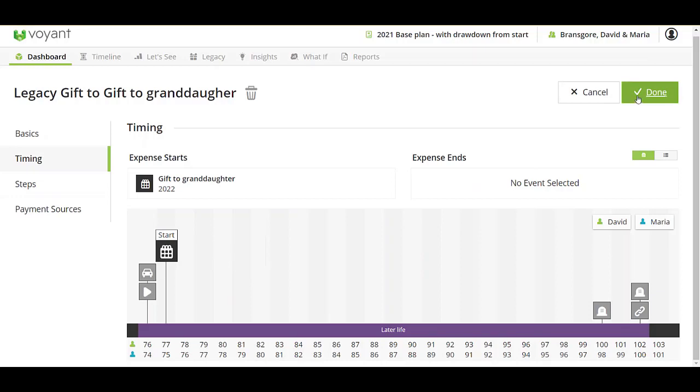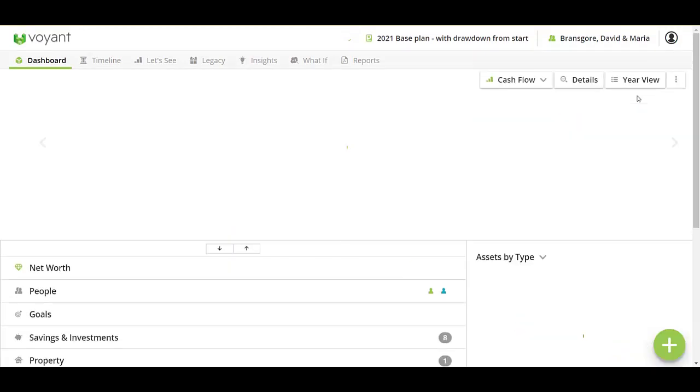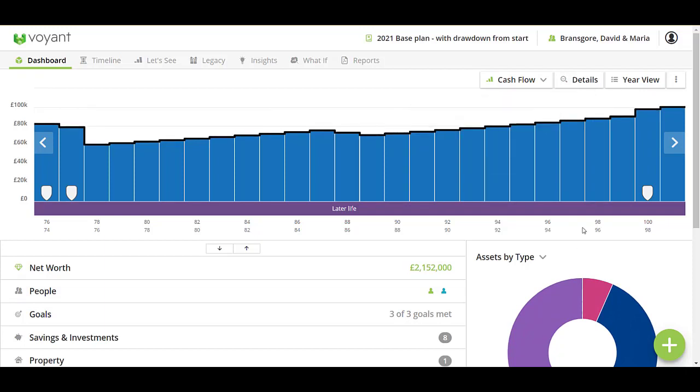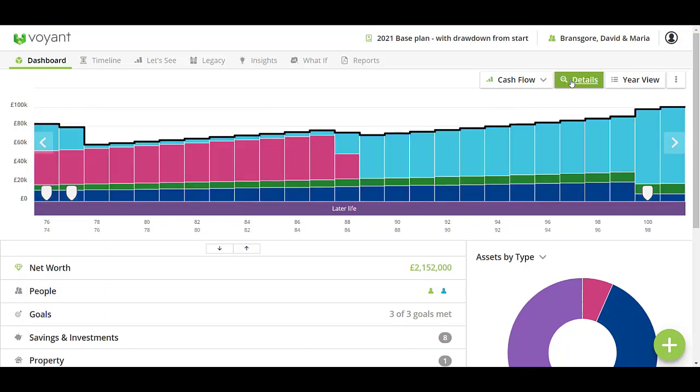So we've established that they're quite wealthy currently, and looking at their cash flow chart, it's resolutely blue all the way through to 100. They don't appear to be having any issues with shortfall. They can meet all of their spending needs. And again, if I were to put the details onto that, I would be able to see what they're spending. And currently, if I put the key on by clicking the 3 grey dots on the right hand side,